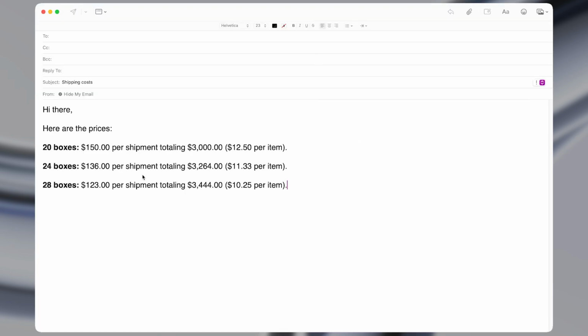All right, let me show you another cool use of function. I had a client who frequently needed to send an email that told his customers how much shipping costs would be if they bought 20 items, 24 items, or 28 items. The shipping costs would change, but he had to use a certain formula to find these numbers. You don't need to follow this math at all, but for the sake of example, let's just say that